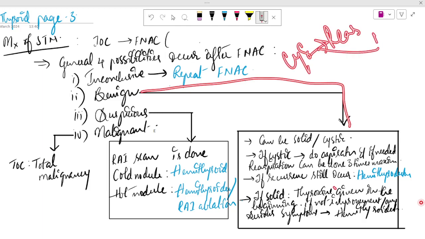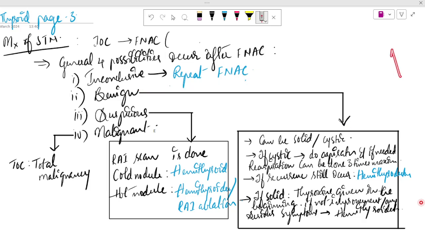Recurrence is there, go for hemithyroidectomy. If it is solid, go for thyroxine therapy. If there is no response, you go for hemithyroidectomy. As simple as that. Now, if the FNAC report came like there is a suspicious change for malignancy, suspicious, not